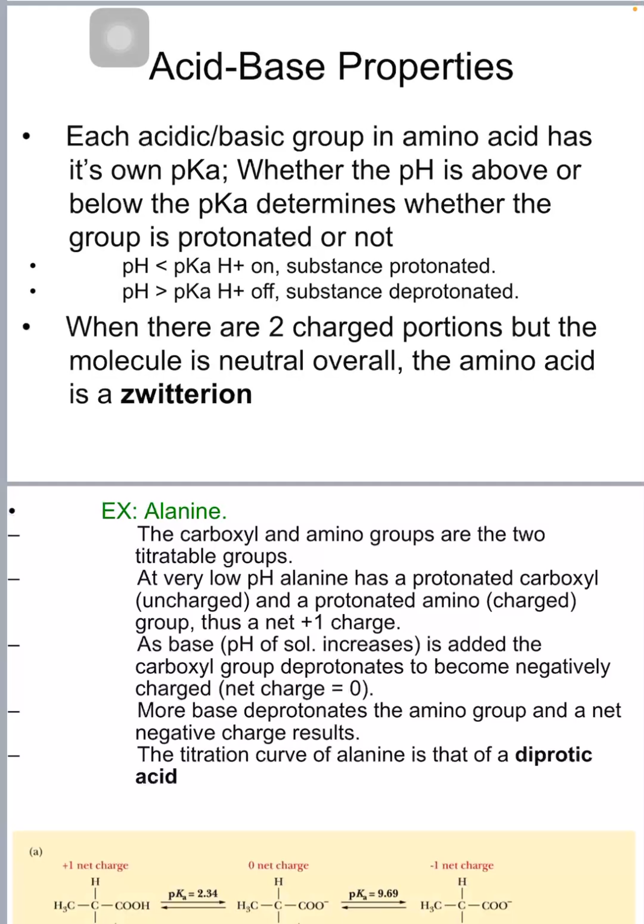I want to introduce a bit of terminology real quick. When there are 2 charged portions individually, but the molecule is neutral overall, you can refer to it as what we call a Zwitterion. It's pronounced Zwitter, not Zwitter, because it's a German word, right? So, let's take a look